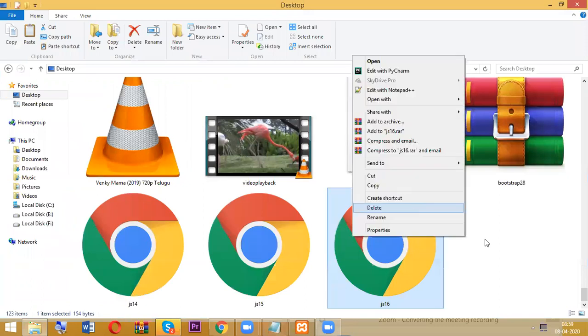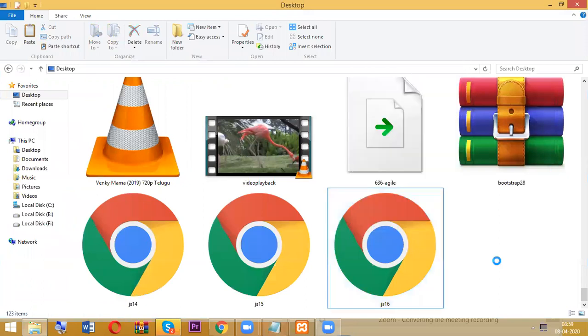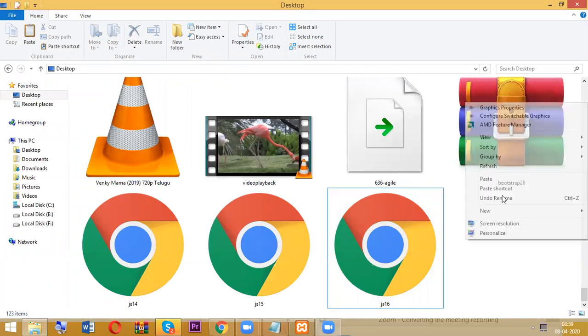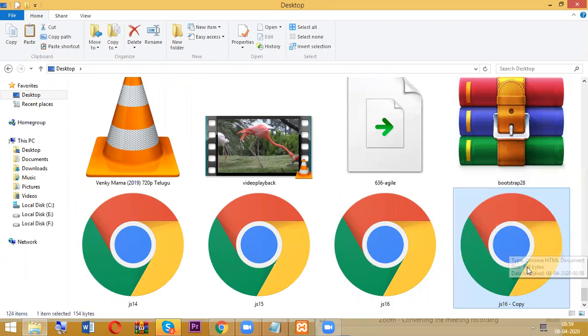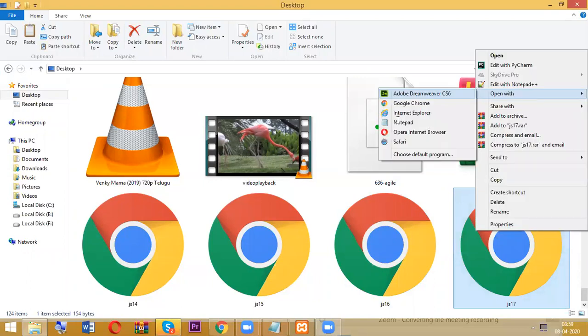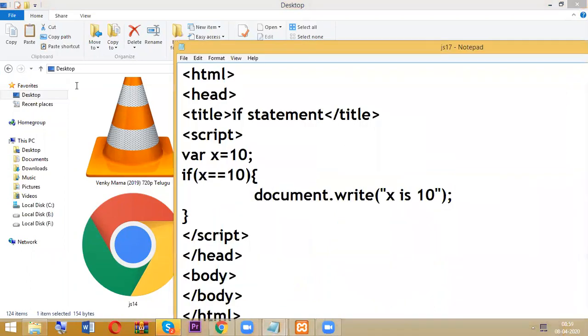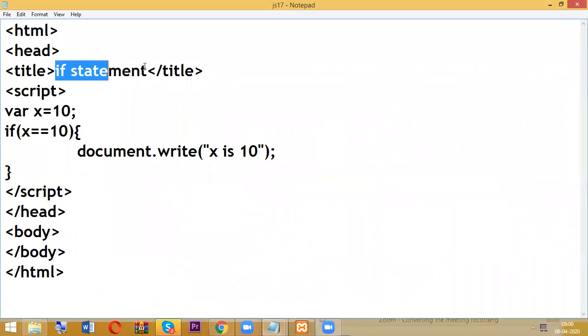So just copy. Here we are working with pop-up boxes. First one, alert.